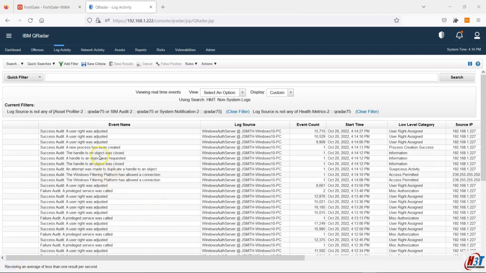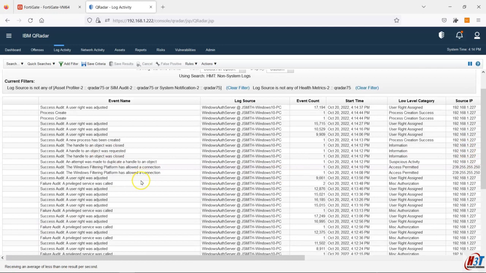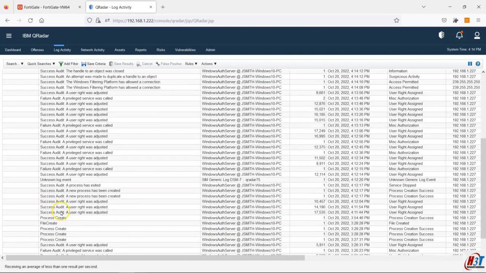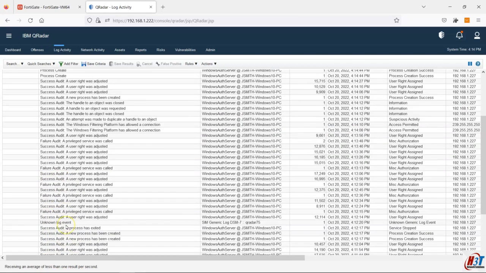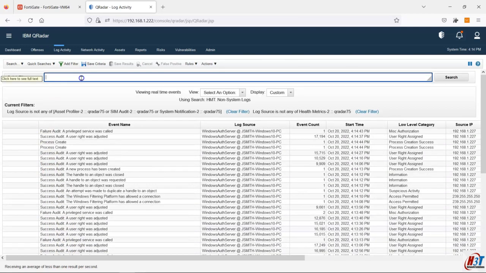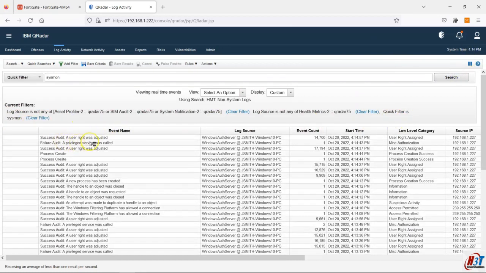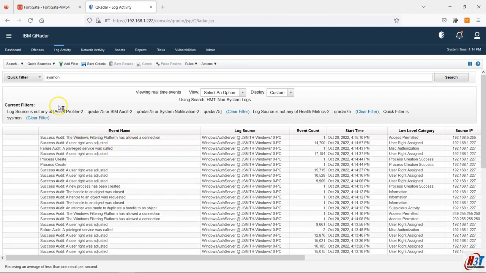So I'm back again, guys, to check sysmon. So we can try to scroll to see if there is any. So we can see some of them like file create, process create. Also you can verify from the search like this and press enter. So just take a look here, guys, at the current filter. When I press search, it will be added. The sysmon is added here. Quick filter is sysmon. So you have to wait for new logs with the sysmon